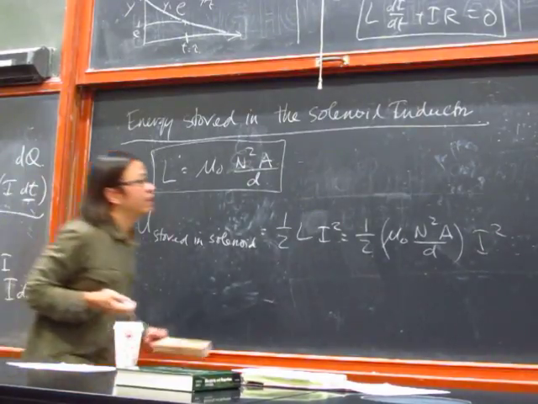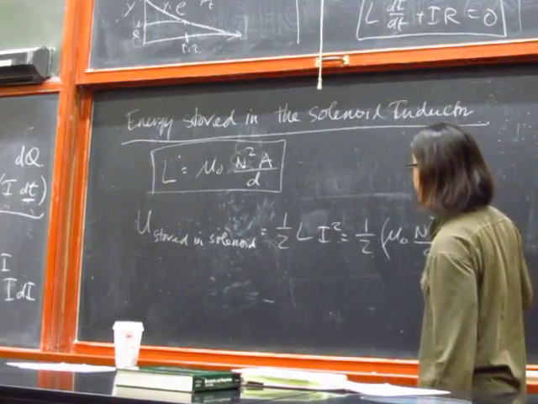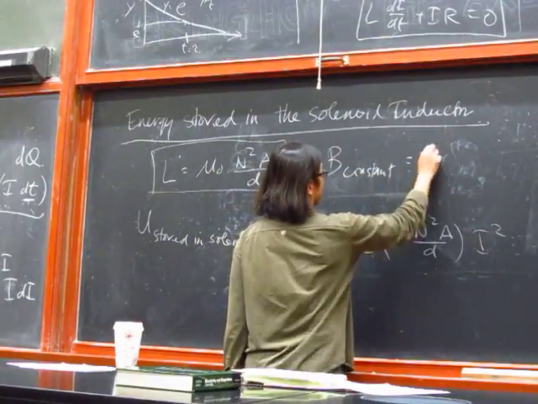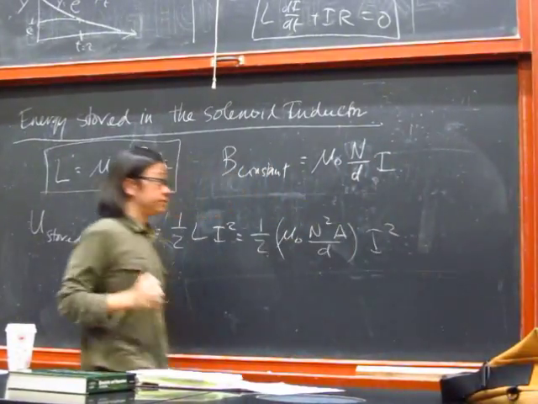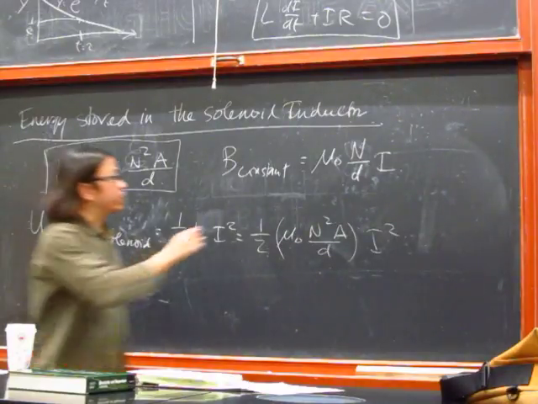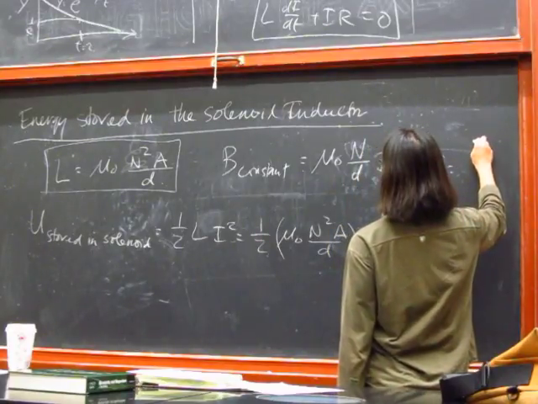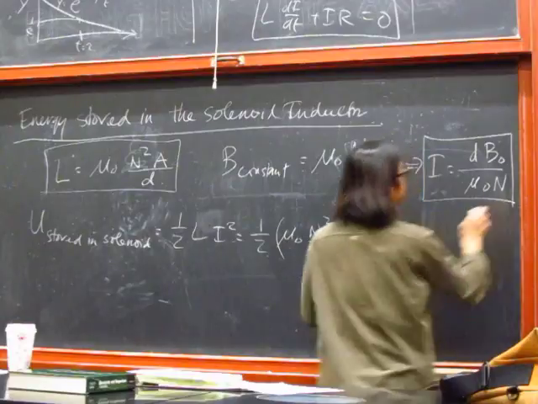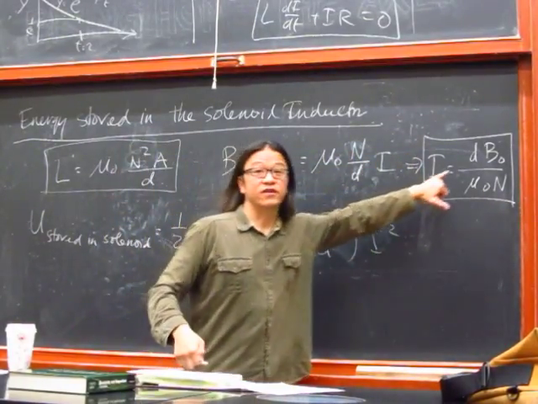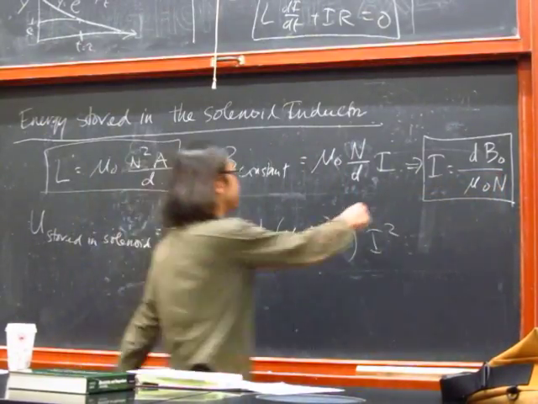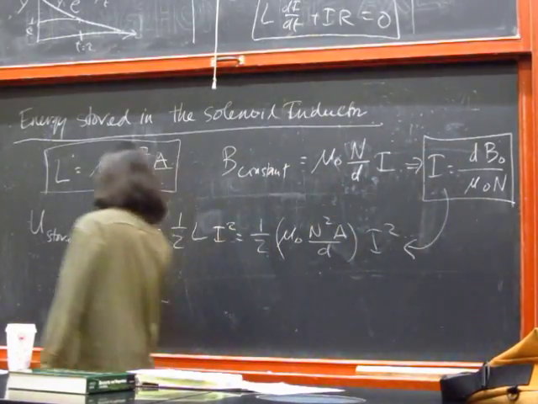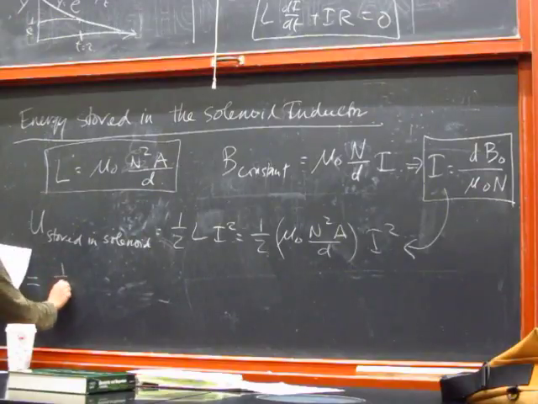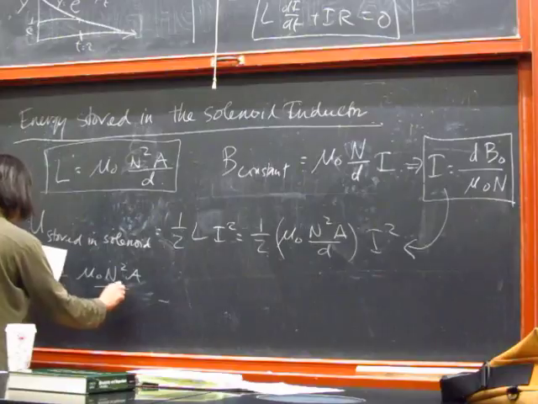Let me do some algebra here. You know that inside the solenoid, B is constant, equal to mu naught n over D times I. So I can rewrite I as B D over mu naught n, just rewriting B as a function of I into I as a function of B, and substitute it into this equation. It's 1/2 mu naught n squared A D times